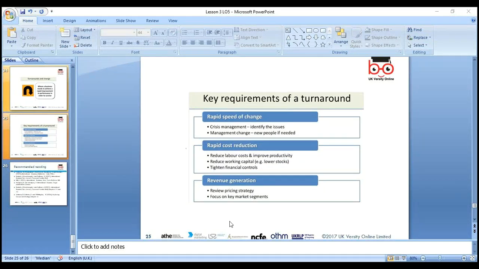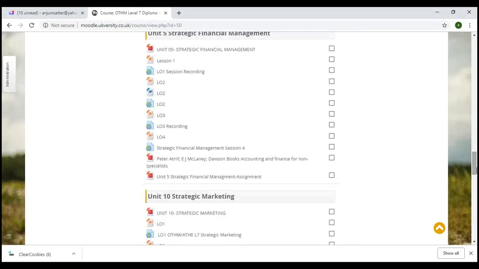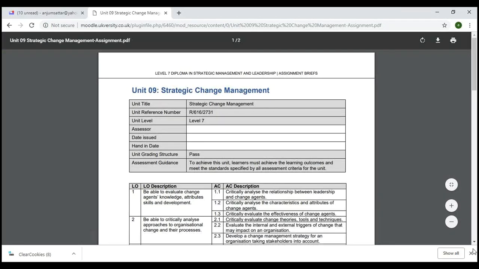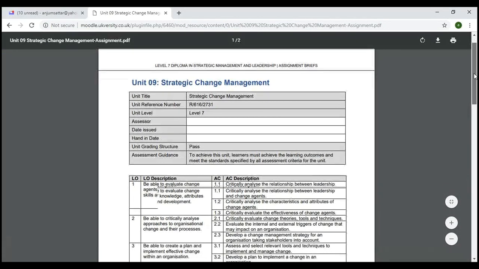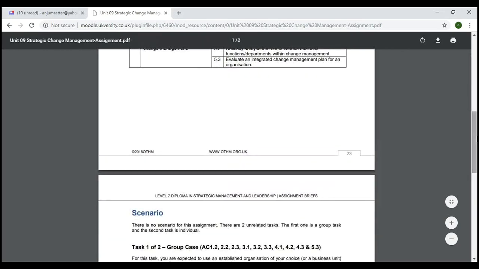So today we discuss LO5, learning outcome 5. Let's quickly look at the assignment, what we're supposed to do. We'll go through the assignment brief. Our assignment brief: the first learning outcome, learning outcome 1, is to be able to evaluate the change agents and critically analyze the relationship. So if we look at the task,